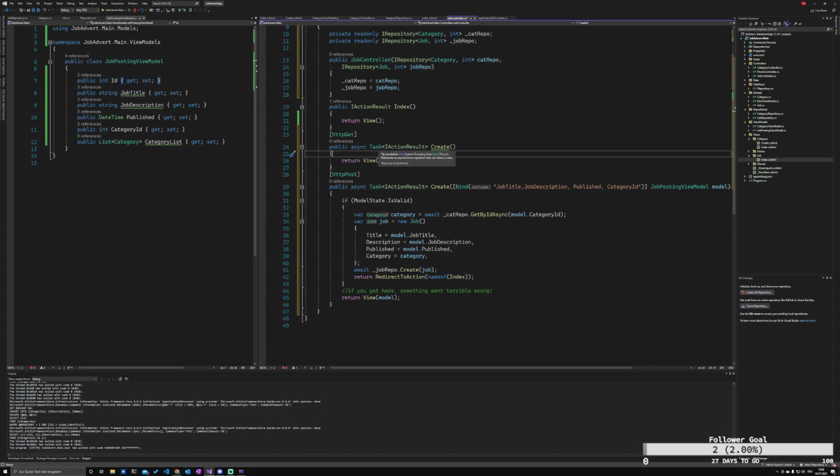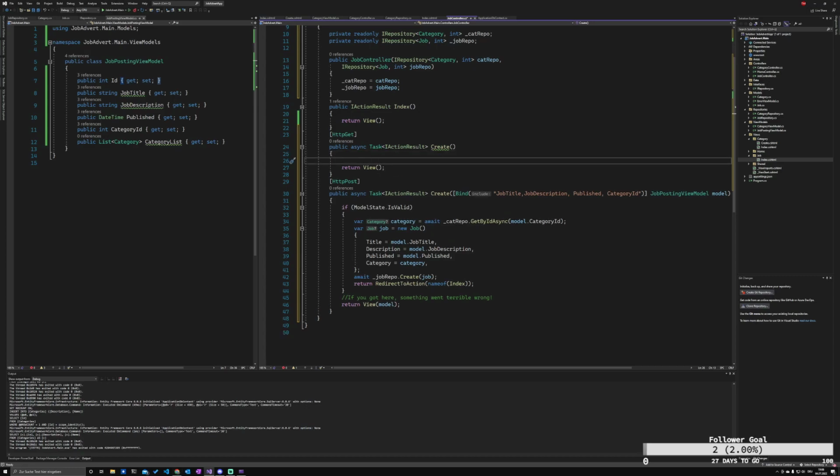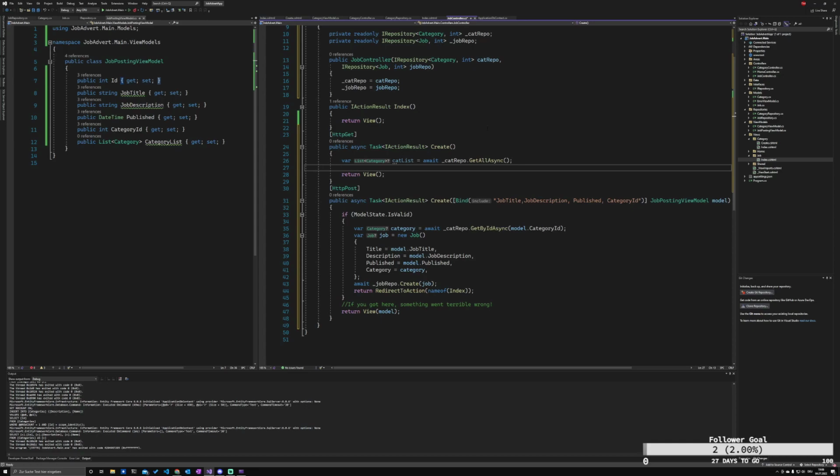So now we need here to retrieve from the database all our categories. We can do it like this. Var catList equals, oh wait, we say category repository and get all async. But that's not enough. And inside here, var model equals new category view model,